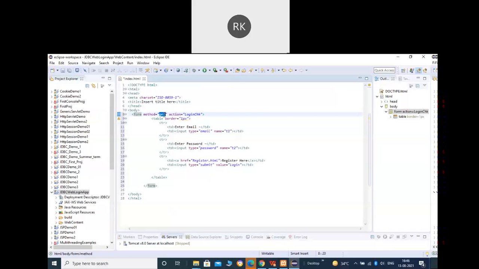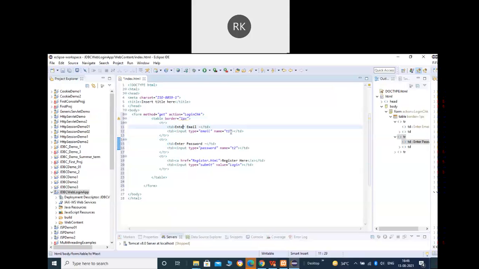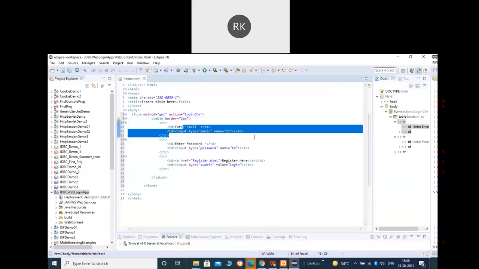All right. So what we are having here, you can see we have defined a form with the method get, but remember, whenever you are submitting some confidential information like a password, you should not use the get method. You should use the post method. As we know, in case of get, the data will be embedded in the URL in the form of a query string and it will be visible to everyone. So in such a case, the post method is recommended. But here we have it for the demo, so we are using the get. But if you would like, you can change it.